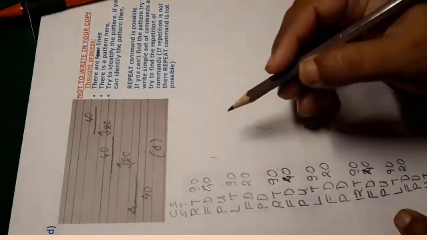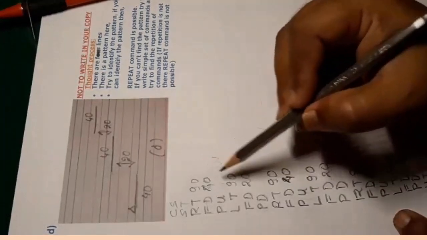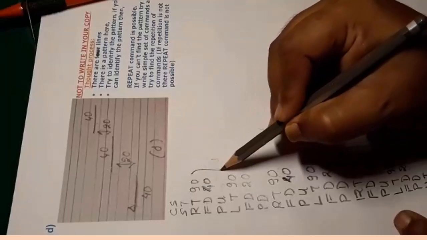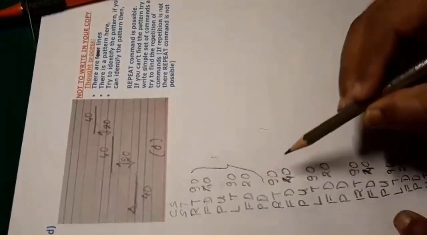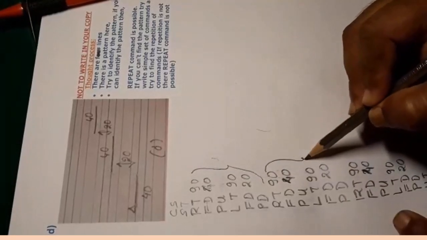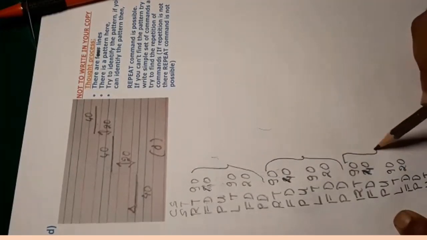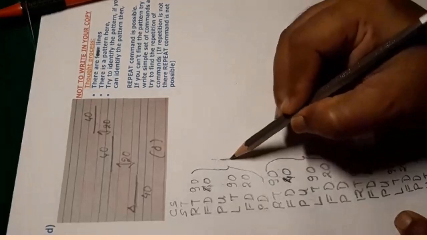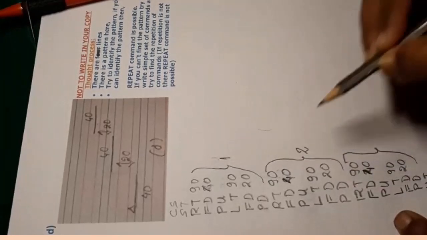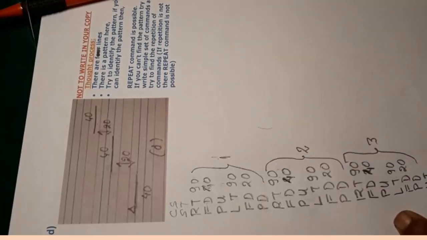So if you see here, the pattern is very clear. This is first, the same set of pattern command is repeating, and this. So 1, 2 and 3. So now my repeat command will be